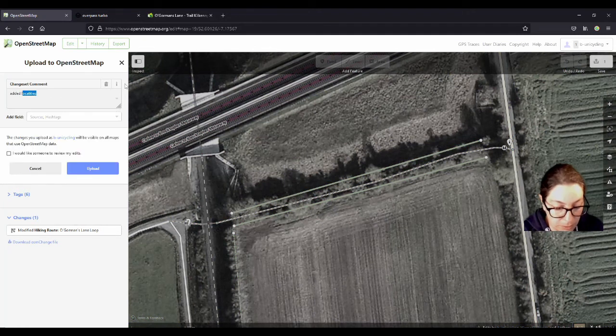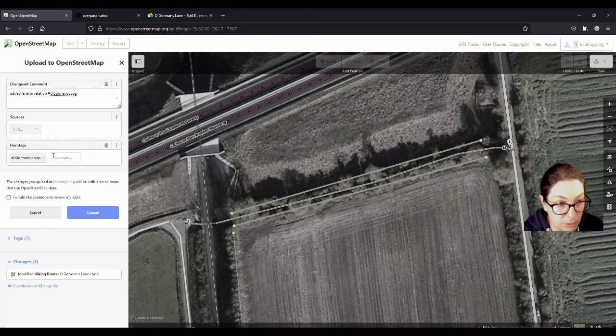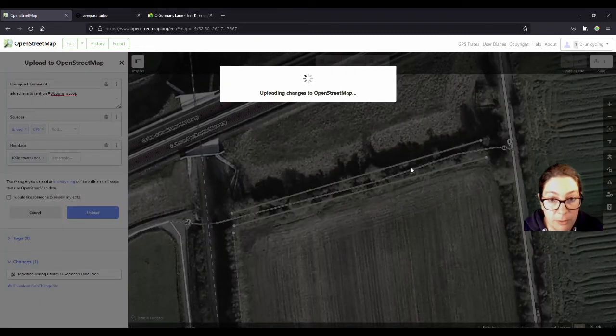Added lane to relation, hashtag. I'll just stick with the one I had before. O'Gorman's loop, sources, survey, and upload.